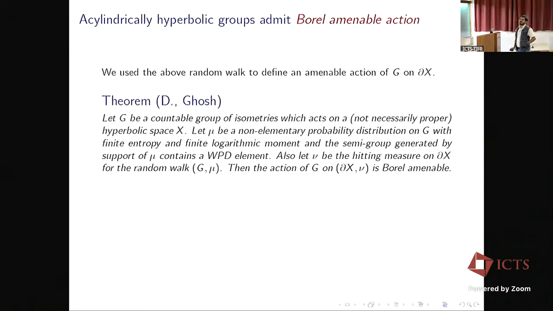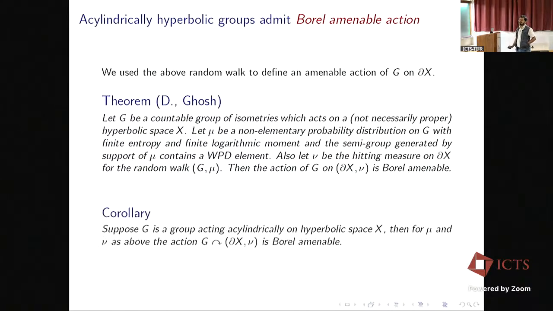Now we use this result to prove Borel amenable action for such groups on this boundary. The thing that we do here is we make use of some finiteness condition, like the tight geodesics Kida had in the mapping class group and curve complex situation. These conditions are very similar to the Maher-Tiozzo result. So we take those same things as our hypothesis, and then we say that this action is Borel amenable. In particular, if the group is acting acylindrically on X, then we also have a Borel amenable action. This is a little more general.